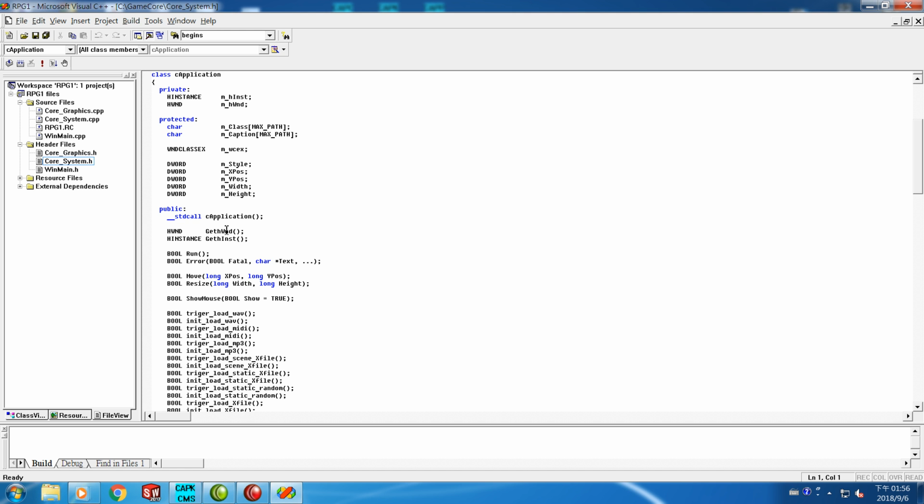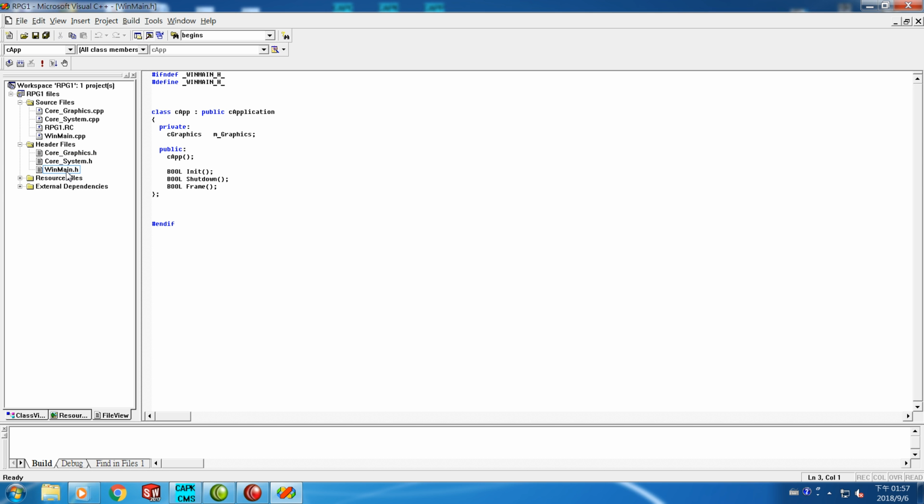The destroyer will close the window as you run. Okay, this is the way of class generating. And speaking again,